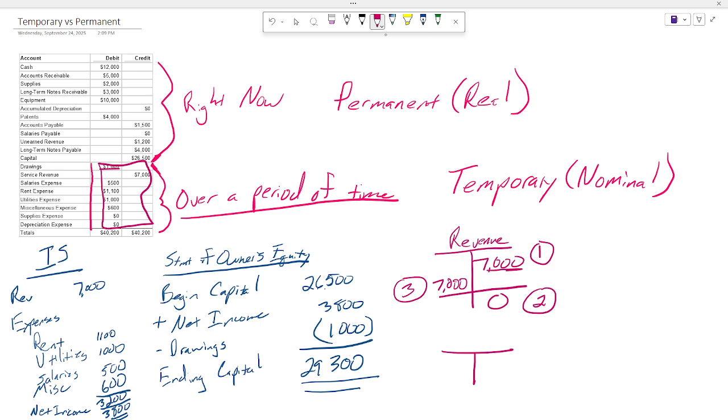The salaries expense account right now is at $500, and that's a debit. So again, the adjusting framework: what is it? It's a $500 debit. What do I want it to be? I want it to be 0 to reset it for next year. And step 3, how do I change that? I need to credit the salaries expense account $500 in a journal entry.